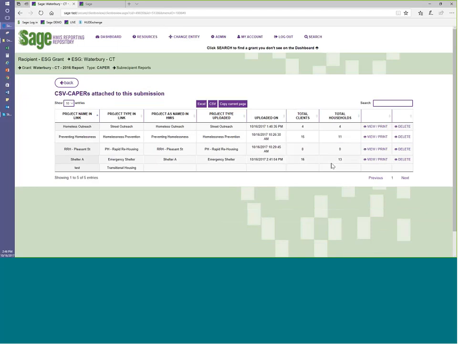HUD is asking recipients to, at a minimum, take a look at the clients and households and see, is that a reasonable amount of persons that are being served with ESG money that you would expect. So if shelter A is a mass shelter in your community and only 16 clients showed up in the CSV, something's wrong with that CSV report, or something's wrong with their data collection, or something's just going on there, because a mass shelter is not going to serve just 16 people in the course of a year. So you're looking at